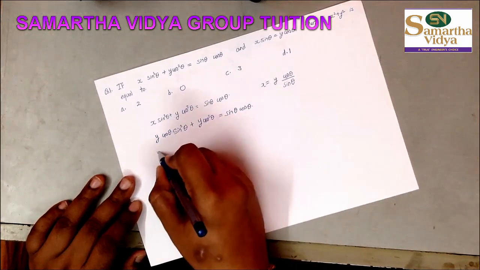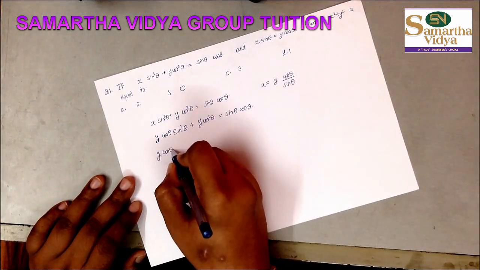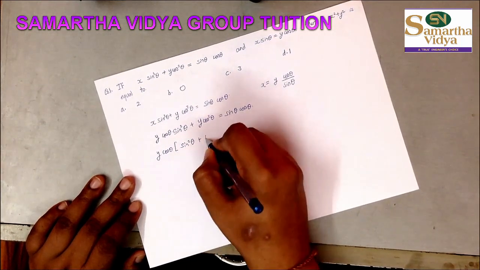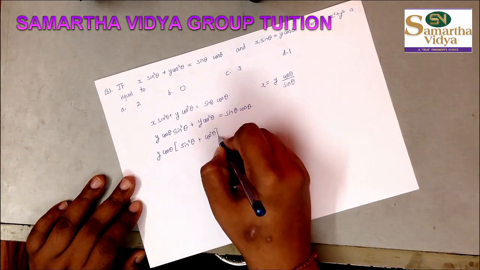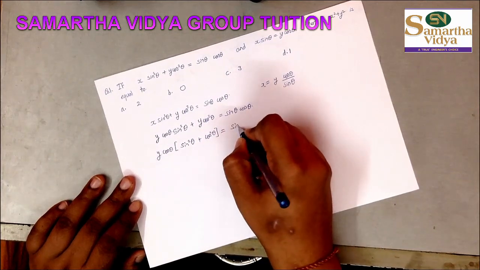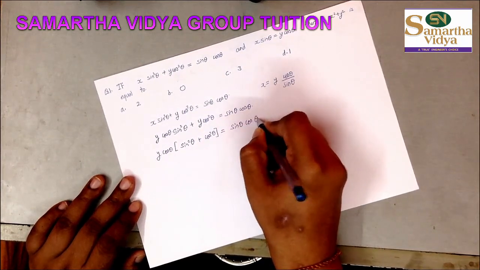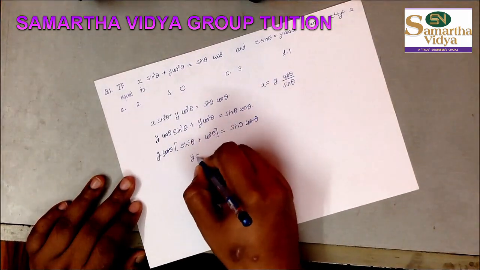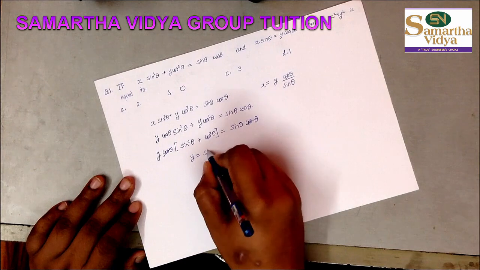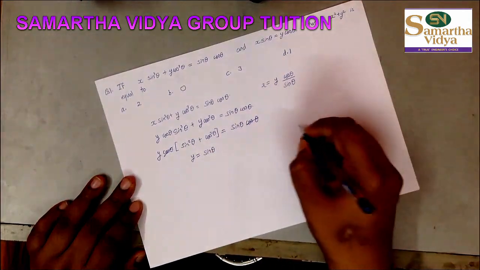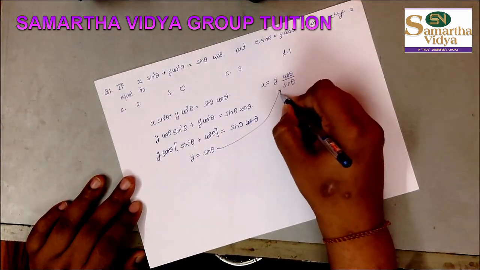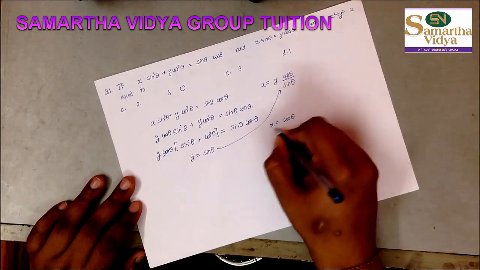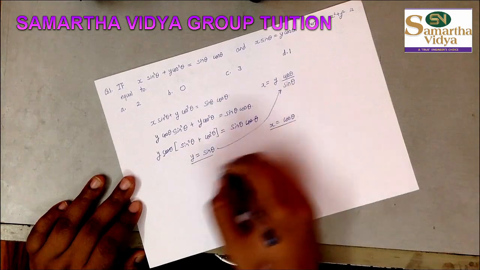So from here we can take y cos theta common. Inside you can see it is sin square theta plus cos square theta, which obviously is going to be equal to 1. Also the cos theta gets cancelled, so we are getting y as sin theta. So if I substitute y in this, I will be getting x is equal to cos theta. So we have x and y.